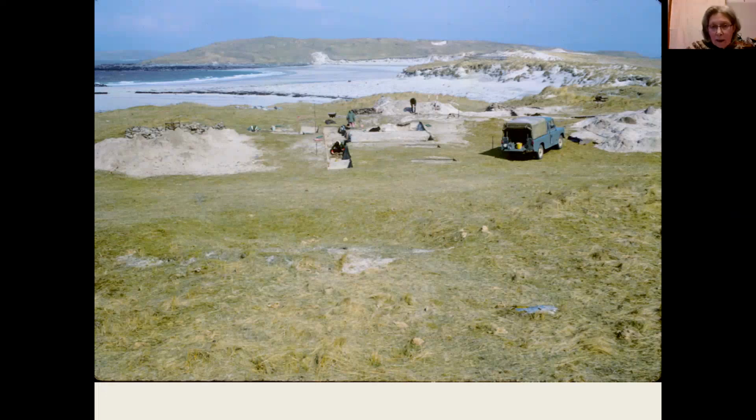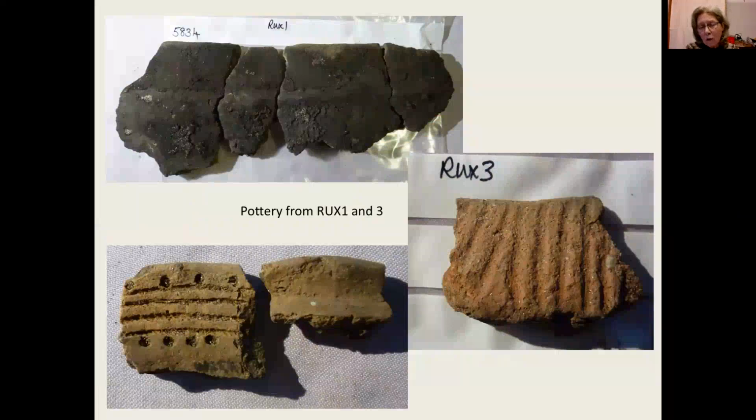Now, there's not a huge amount of artifactual material. As I've already mentioned, there's virtually nothing from RUX2. RUX1 has what I imagine is late Neolithic Bronze Age pottery. You can see the carbonized food remains on it. Those are the black deposits. The other 2